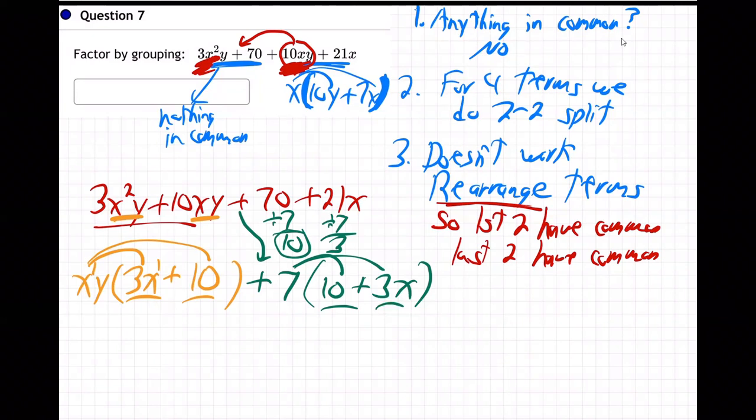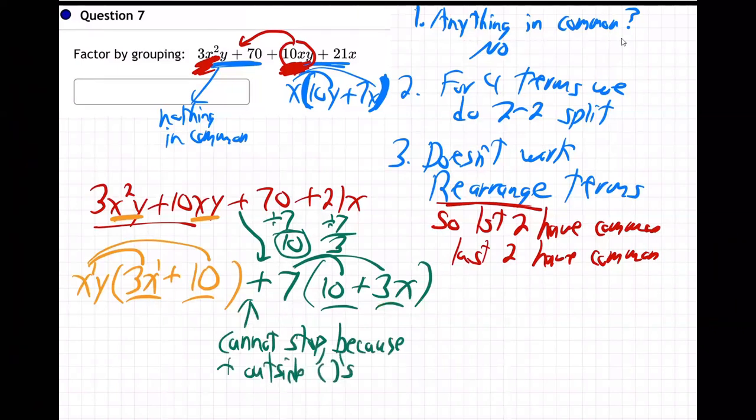Now, are we done? Can we stop here? No, we're not done, because we have this plus sign outside of parentheses. Let me write a note on that. You cannot stop because plus outside of parentheses. I don't know if you've noticed, whenever we're done factoring, every final answer, all the pluses and